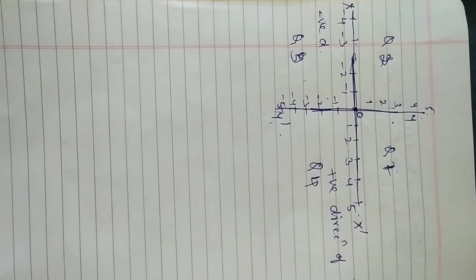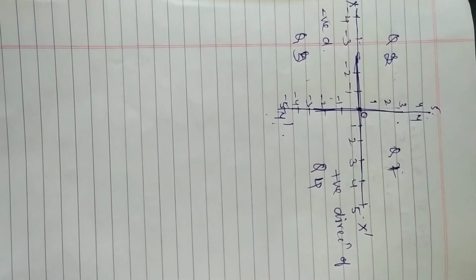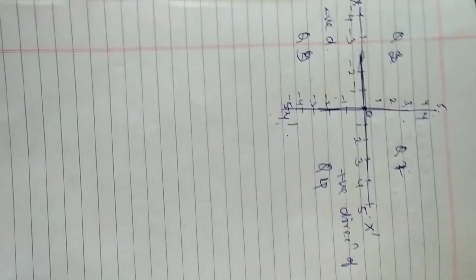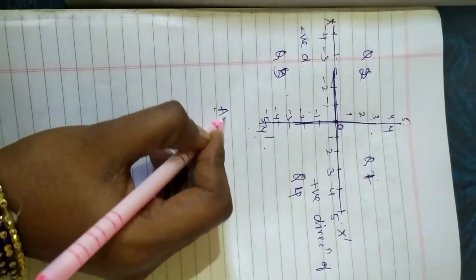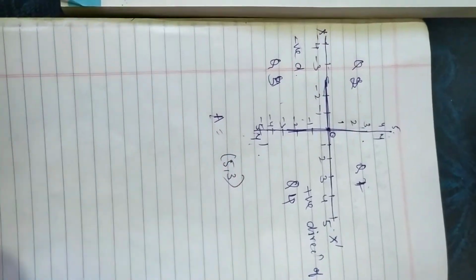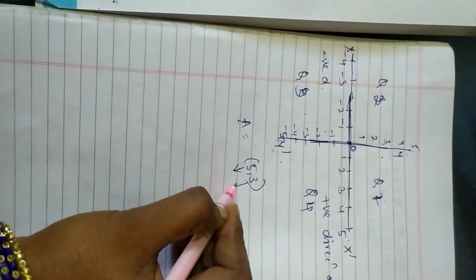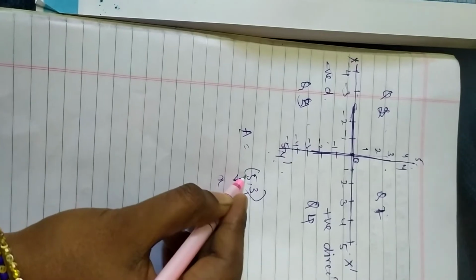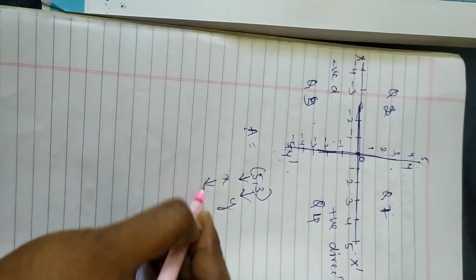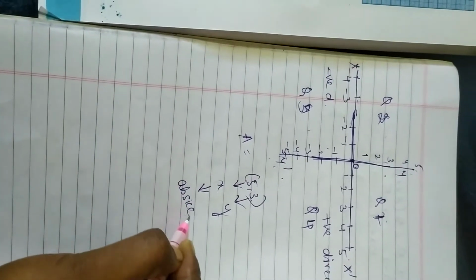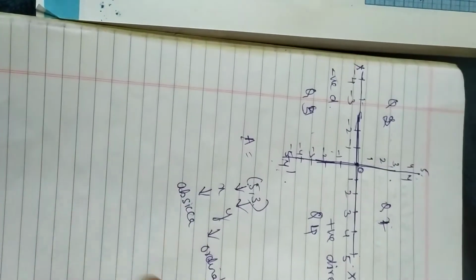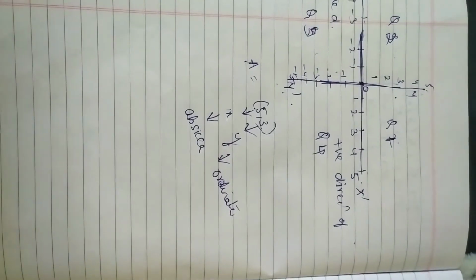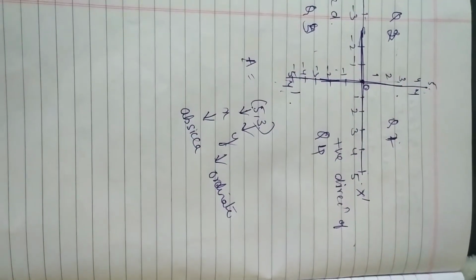Now in this plane, how can we locate a point? Tell me. Already you are very familiar with this one. Suppose you have a point (5, 3). This is the x coordinate and this is the y coordinate. Yes or no? The x coordinate is known as the abscissa, and the y coordinate is known as the ordinate. Those are the other names of the x coordinate and y coordinate.